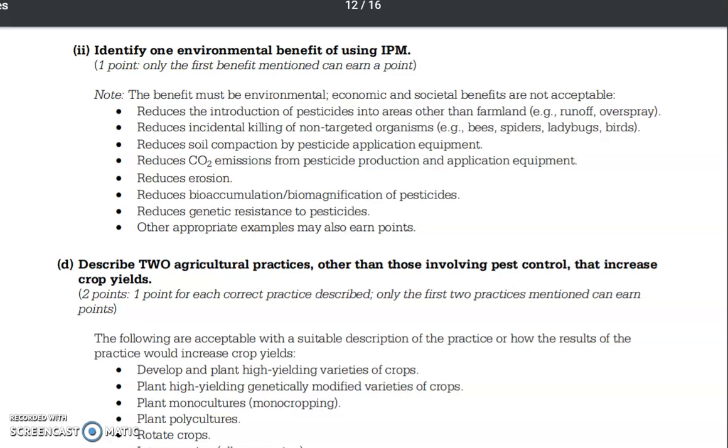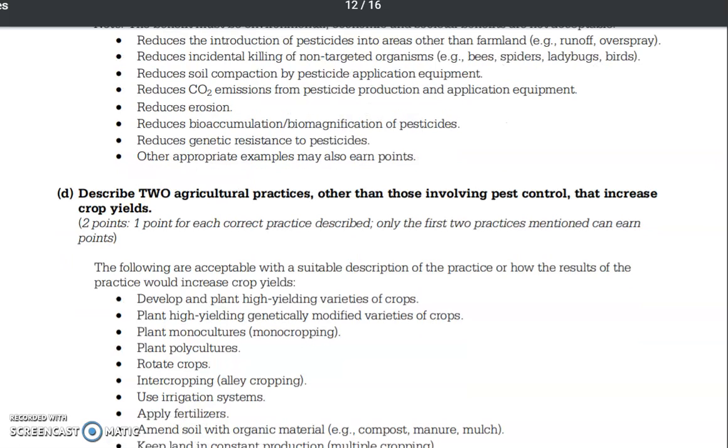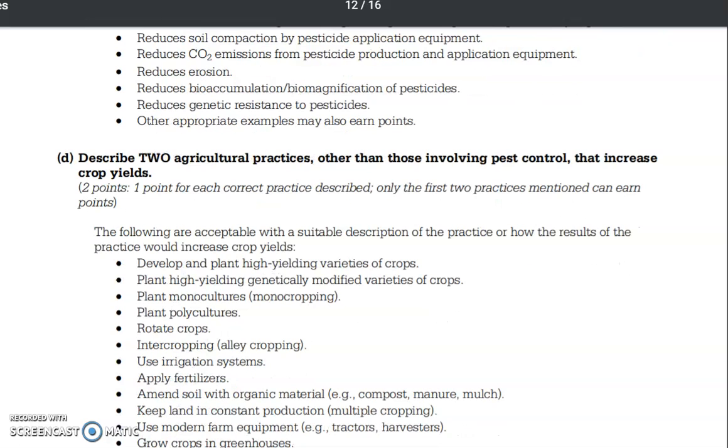2 agricultural practices other than those involving pest control that increase crop yields. The following are acceptable with suitable descriptions of the practice or how the results would increase crop yields. So develop and plant high-yielding varieties of crops, plant high-yielding genetically modified varieties of crops, plant monocultures, plant polycultures. So things that increase crop yields that have nothing to do with integrated pest management. Rotate crops, intercropping, irrigation systems, fertilizers, add organic materials like compost, keep land in constant production, use modern farm equipment,